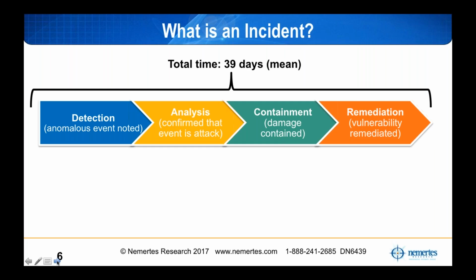But for the purposes of the definitions, the key thing is you don't know you have an incident until halfway through the entire process, because you've detected something, but all you know is it's an anomalous event. You don't know whether this event, in fact, does indicate what NIST describes as violation or imminent threat of violation of computer security policies. You don't know that yet because you have to conduct the analysis to confirm that, in fact, it is an